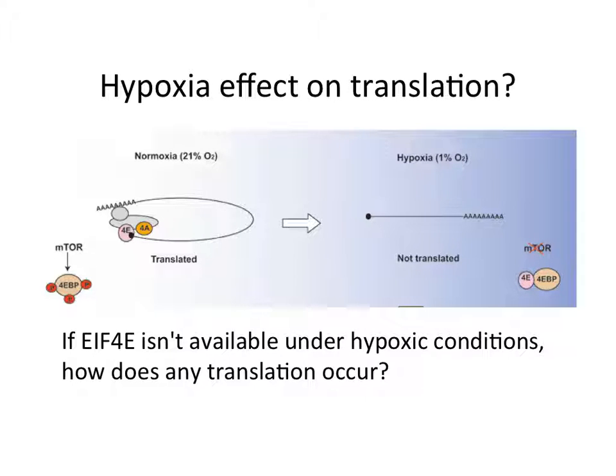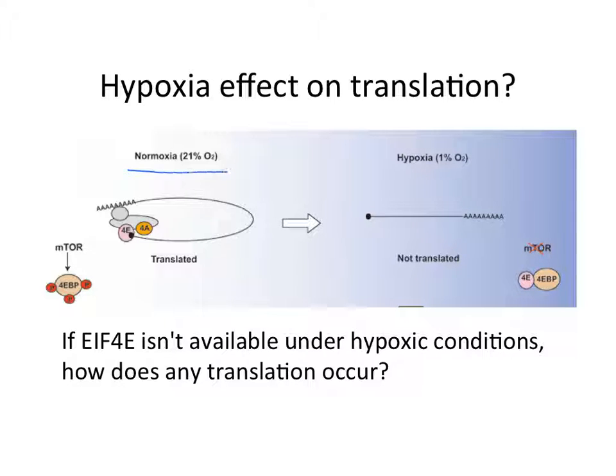So hopefully, at least, if nothing else, I've impressed upon you that EIF4E is critical for translation. It's the first step, and it helps recruit ribosomes. Then, in the introduction to this paper next week, you'll read that EIF4E doesn't function under hypoxic conditions. When there's low oxygen,